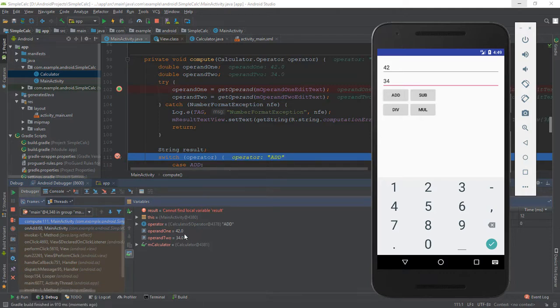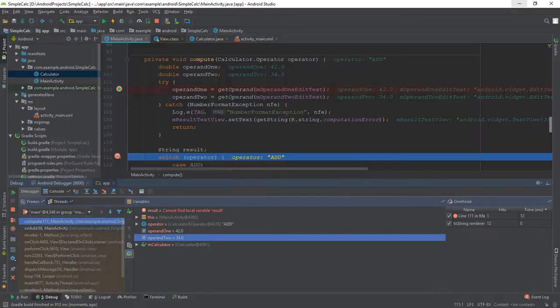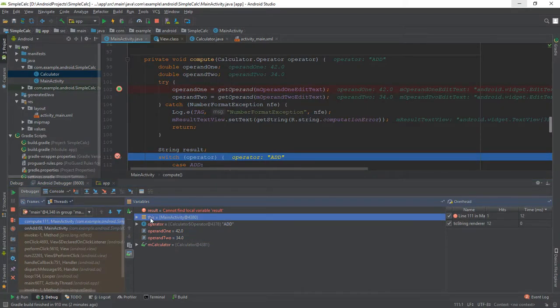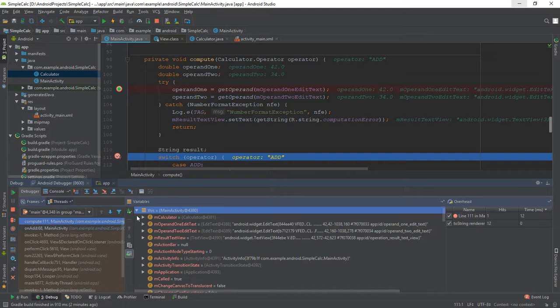Execution stops. Observe in the variables panel that the operand 1 and operand 2 variables have the values you entered into the app. Observe that this variable is a main activity object. Click the disclosure arrow to view the member variables of that object.